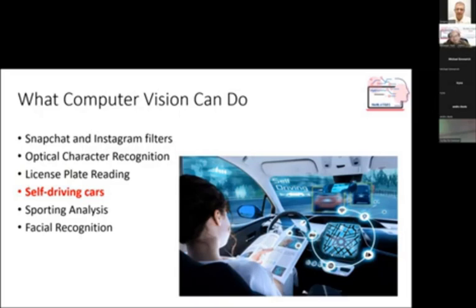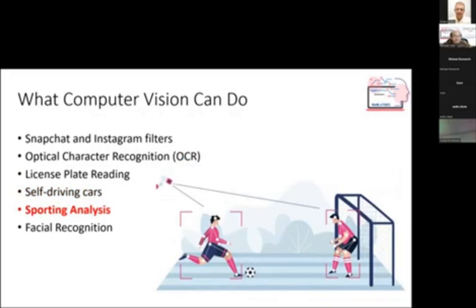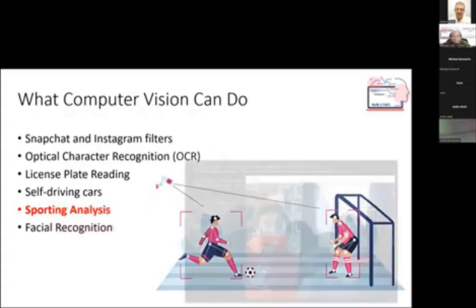Another thing computer vision can do is sports analysis. Action recognition is one of the things computer vision can do. For example, in a football game, analysis of how a football player kicks a ball is an interesting activity that can be analyzed by computer vision. You probably would have seen some of these things, how football players act in a football game. It also tracks the ball and tells you where it's going to end, including tracking the player. And last but not least,